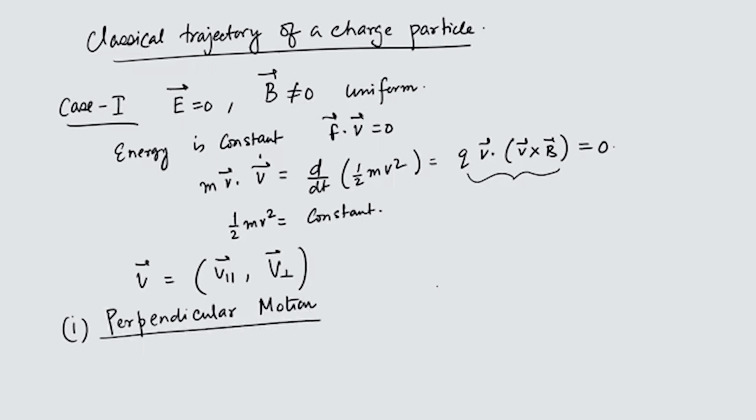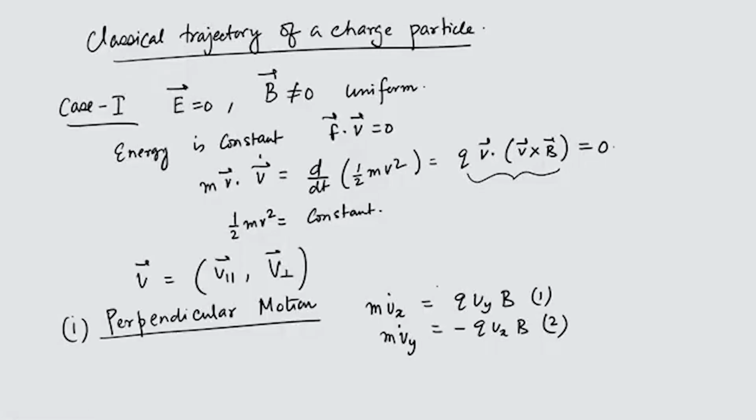Okay, and what do we mean by the perpendicular motion? So, we have m vx dot equal to q vy B. So, this is, say, equation number 1, and equation number 2 will be m vy dot equal to minus q vx B. We are continuing with the same situation where E equals 0 and B is uniform and not equal to 0, and we are just discussing the nature of the motion, and this is quite